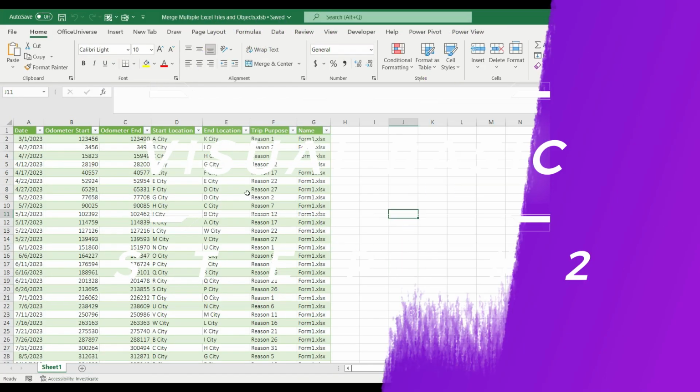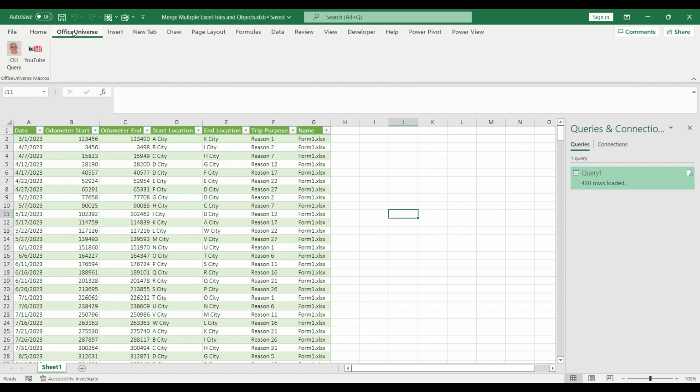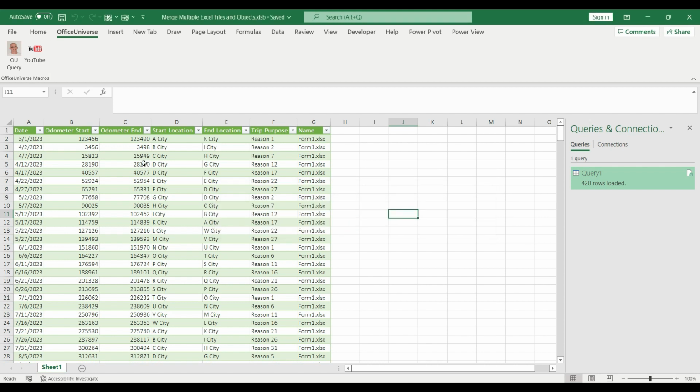Okay, once you saved your new structure, you can see on the ribbon I have created my new custom tab with the custom images and the button. Right now, if I click on the button, nothing happens because we haven't assigned our macro to those callback procedures.